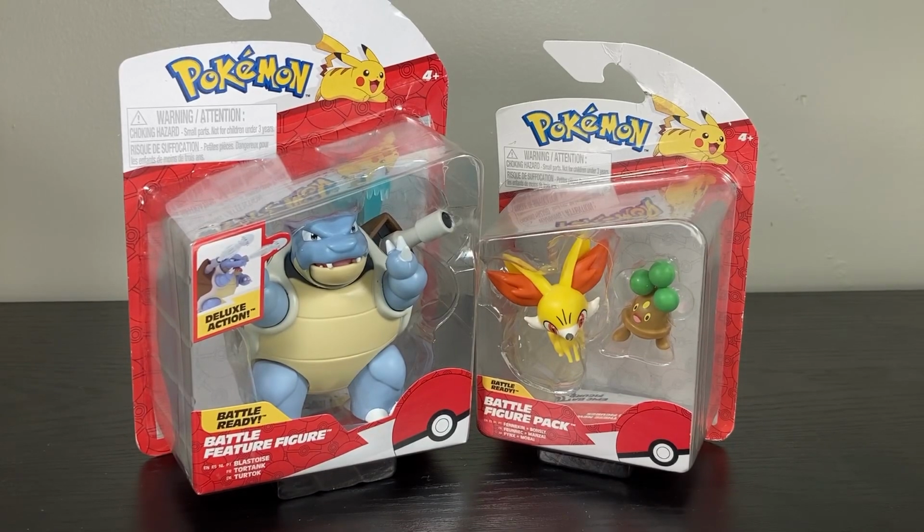From Jazwares and their Pokemon line that I love oh so much, this is their Battle Feature Blastoise and the Battle Figure Pack including Fenikin and Bonsly. The reason I'm combining these packs up is because during my first playthrough of Pokemon Y all the way back